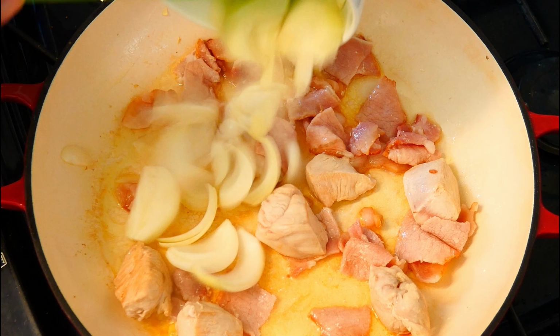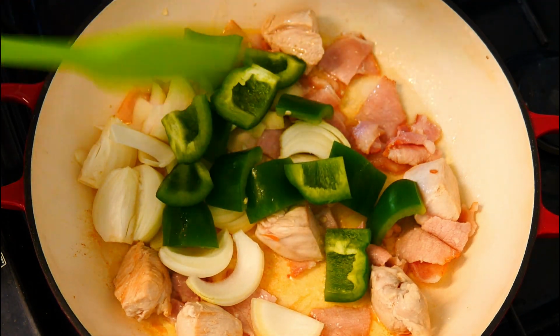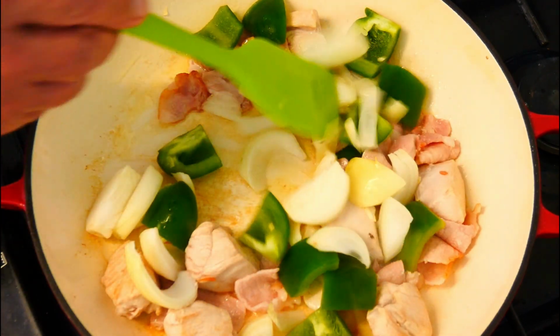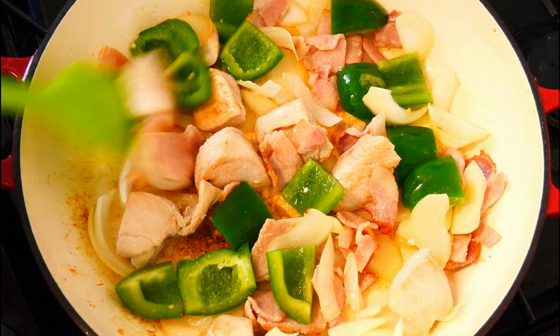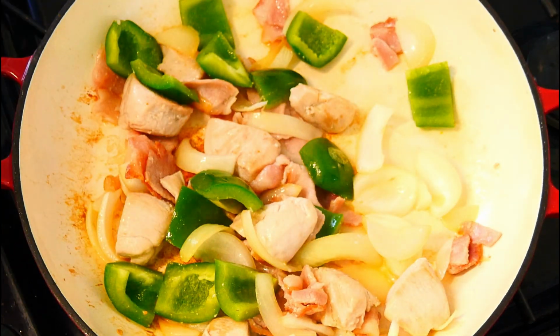That's going to give a really lovely taste to the whole jambalaya. So we let this cook down a little bit and get soft. In we go with our sliced onions. In we go with our green pepper. Mix these together, get them coated in the oil and butter, and let them soften down just a bit, not too much. Once that's done, we'll give them a little mix, and then we can add our